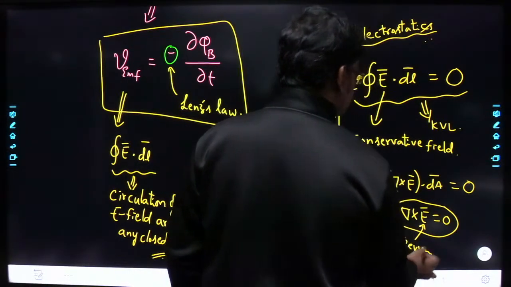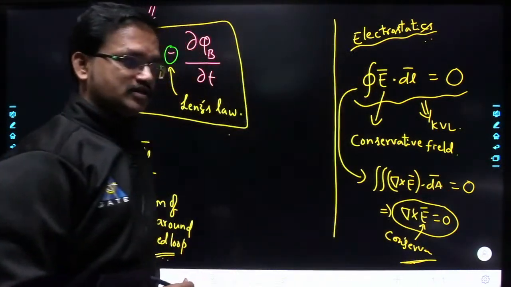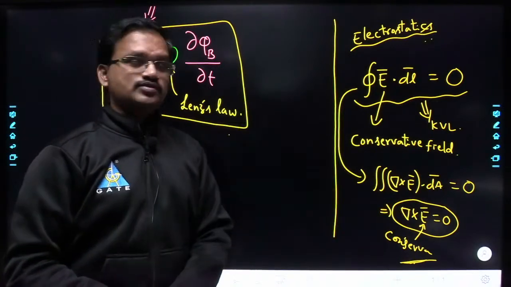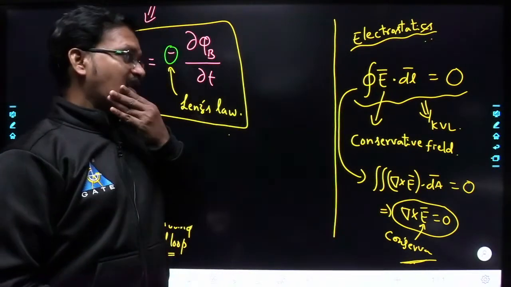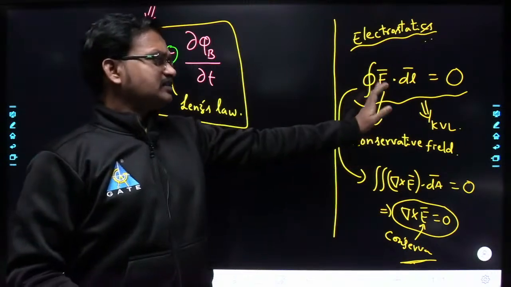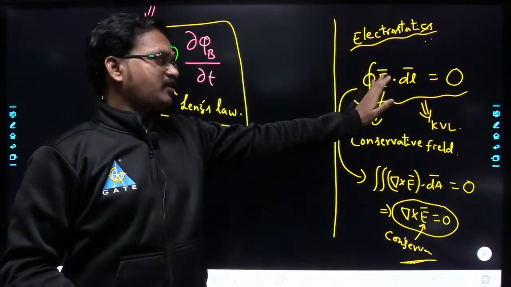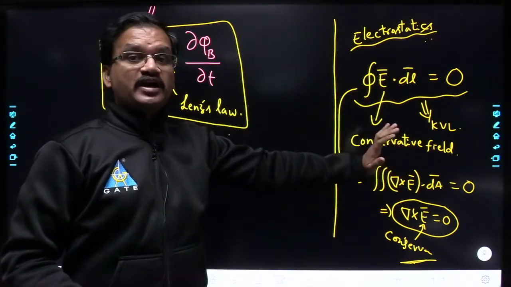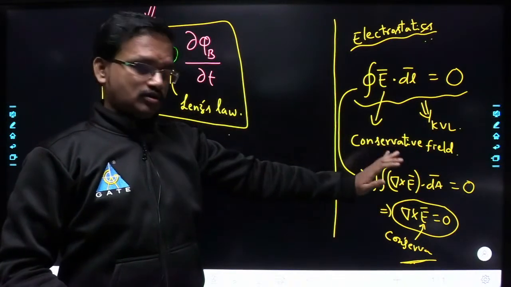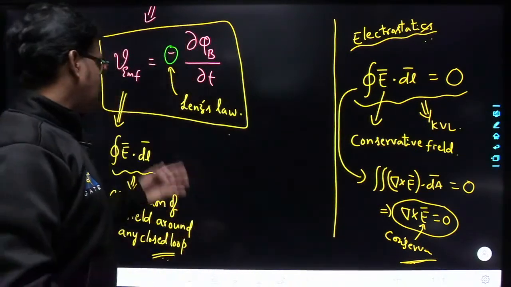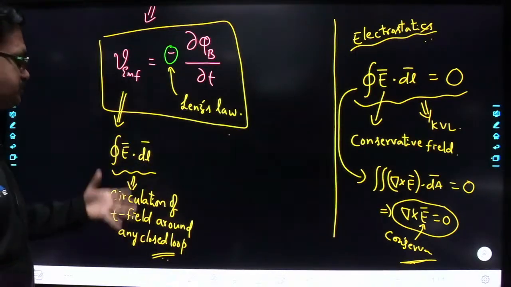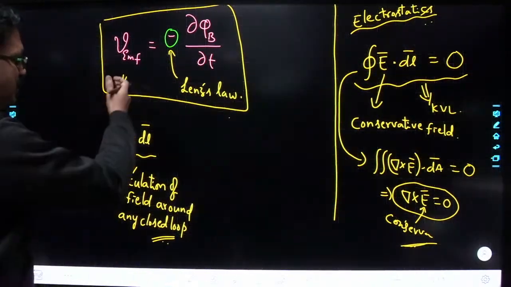So this is in case of electrostatics here. In electrostatics, the electrostatic field is said to be a conservative field. Understood? Whereas in the time varying case, we have seen that the circulation of